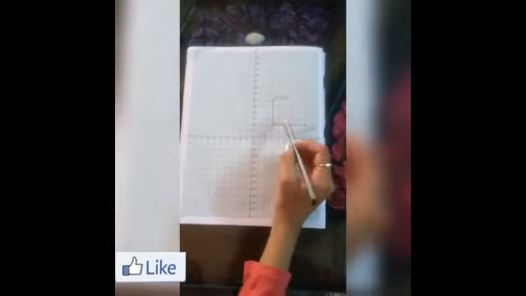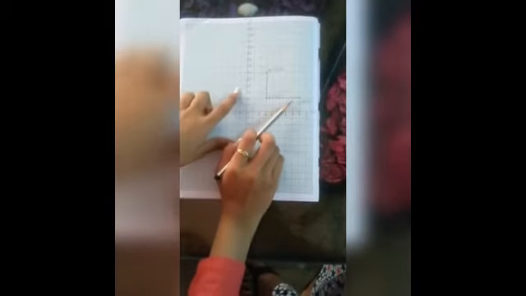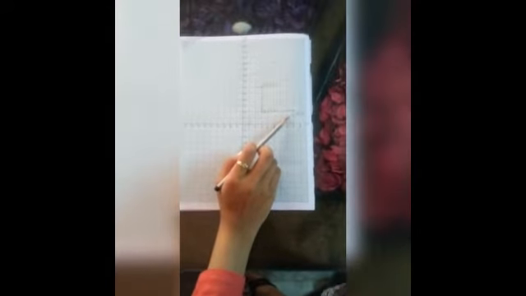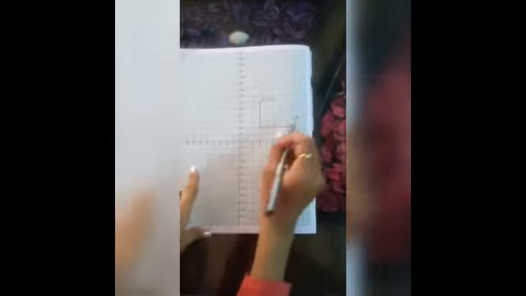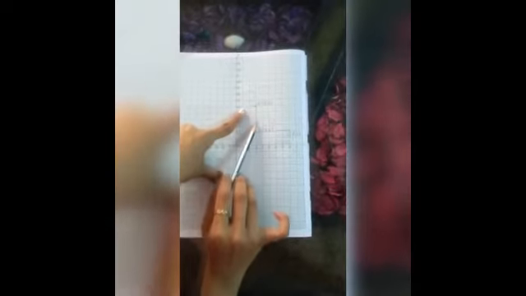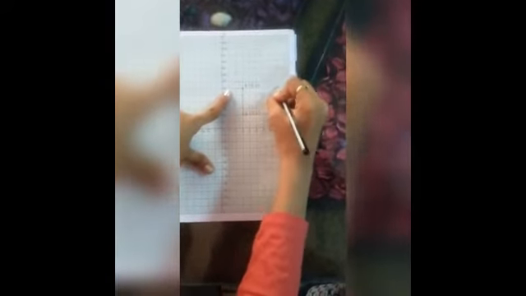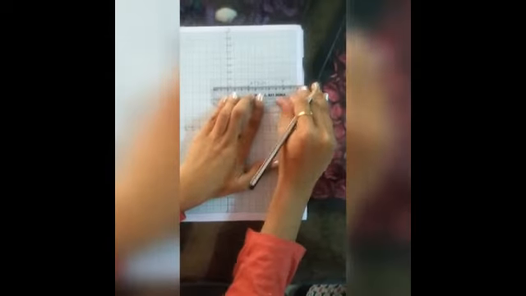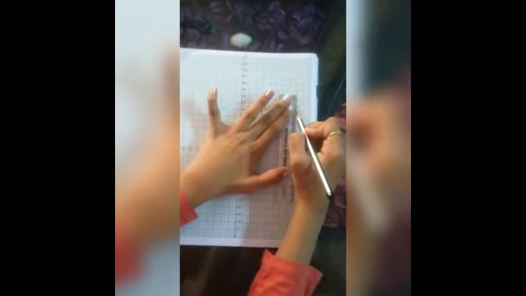As you know, to complete the rectangle, we need one more vertex, that is D. And the question says that we have to find the coordinates of the vertex D. So how will we find that? Obviously you can see that the rectangle is like this, so the point D will come here. And if we meet this, it forms a complete rectangle.